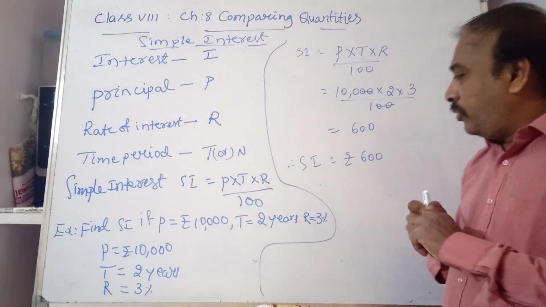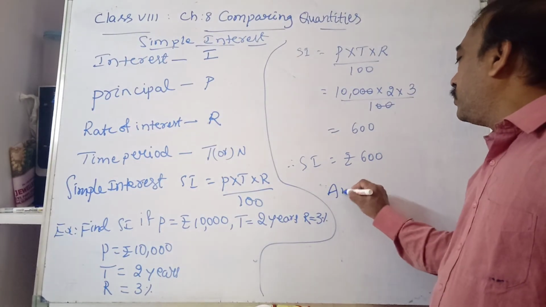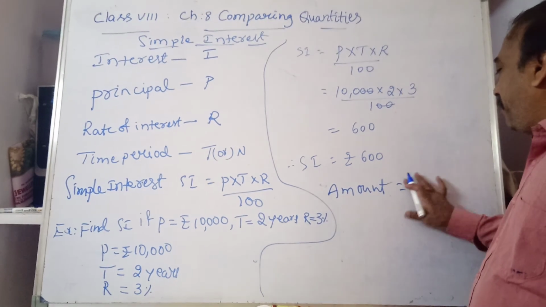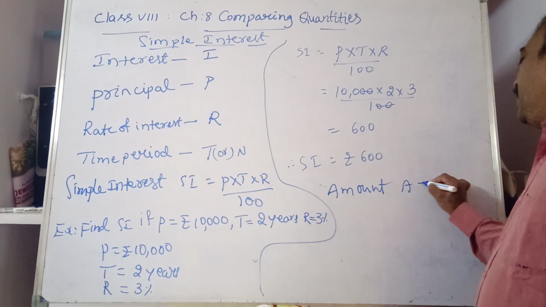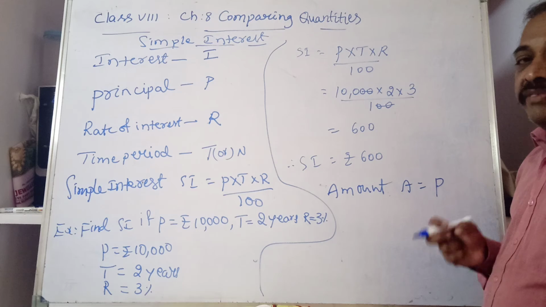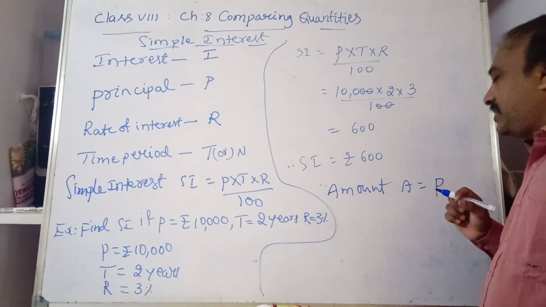The total amount is denoted by A, and it is the sum of two amounts, one is the principal and the second one is interest,